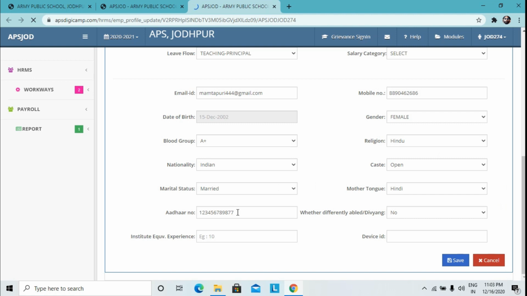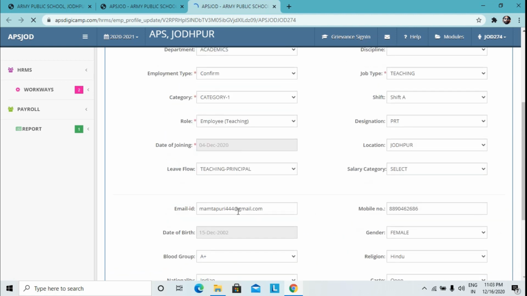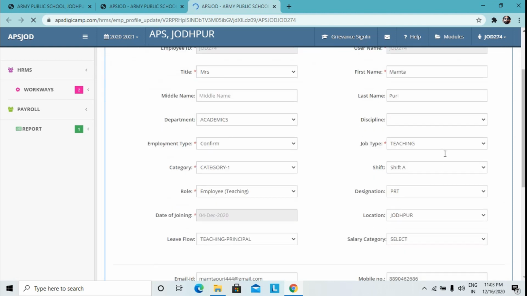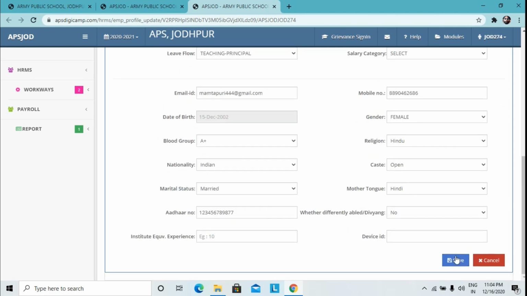First and the most important thing is to provide your Aadhaar number here, and any other change if it is required to be done, click on that option. It will provide you the list of all the available options, and you have to select the most appropriate option to provide your correct information. Select out of that, and once the changes have been done, you have to click on the save button to save your information.